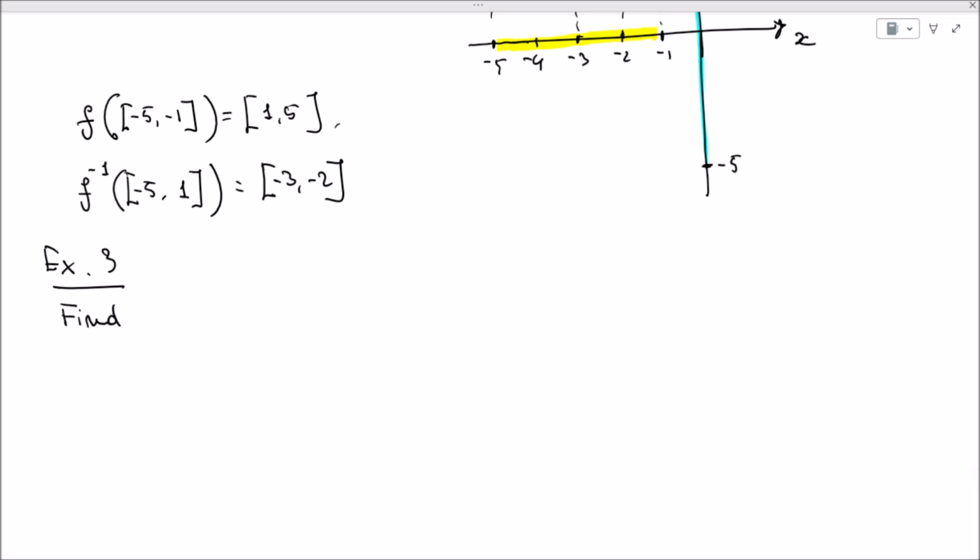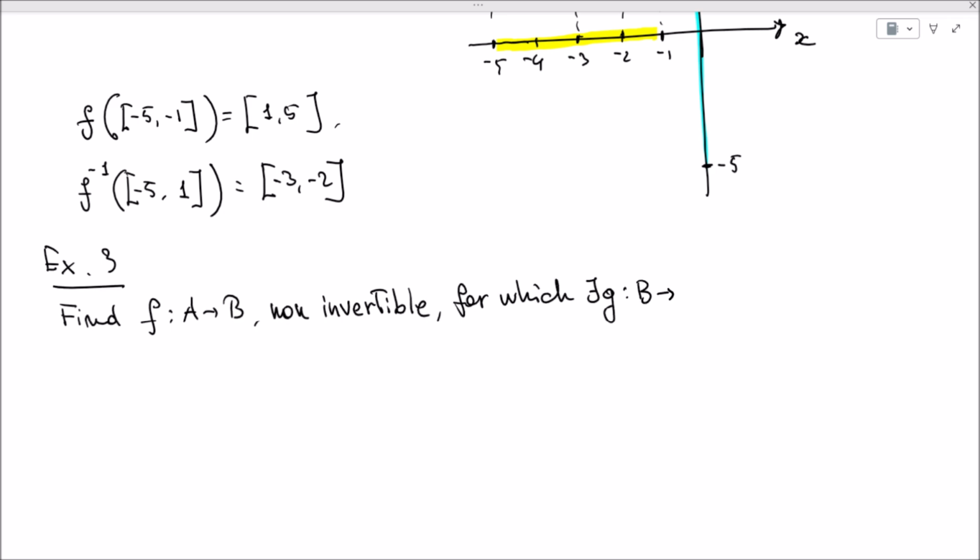Find the function f from A to B, non-invertible, for which there exists a function g that goes from B to A such that g of f of a is equal to a for every element a in capital A. Okay, so